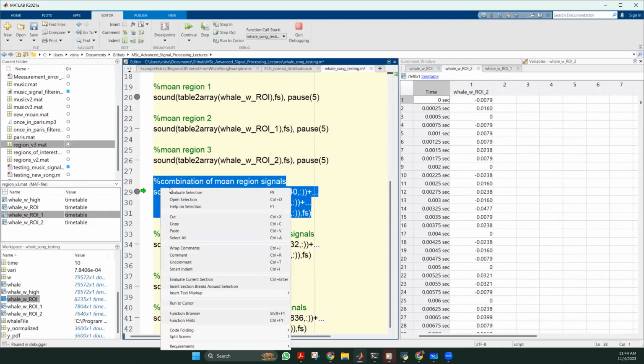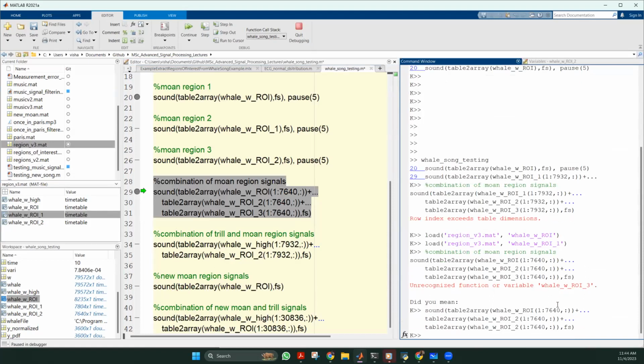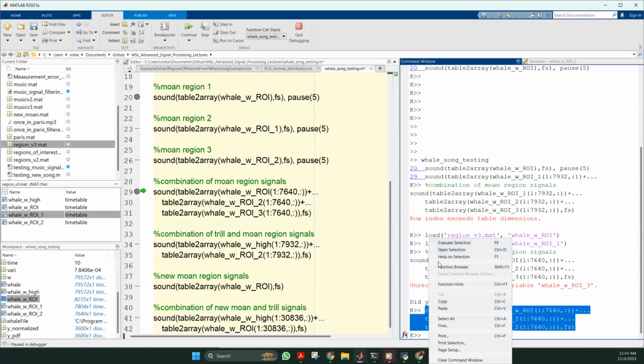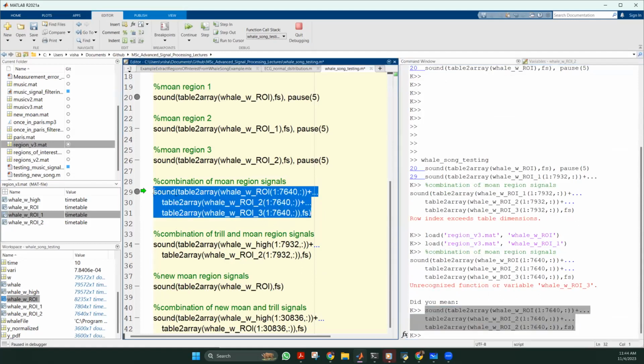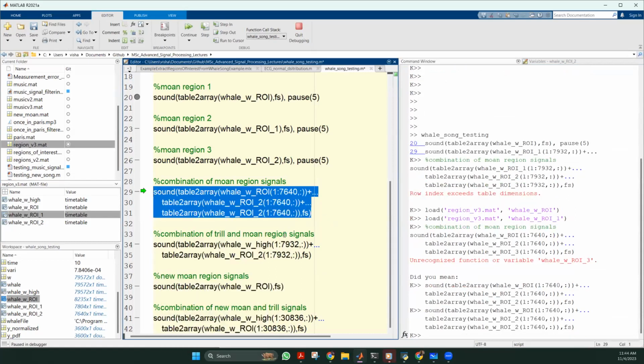Right. So I will run it now. Hopefully it will run. Yeah, it is coming up with an error. I will run it again. I think some kind of bracket is missing. I need to replace it with the correct one. Then I will run again. Right. So the combination of all the Mon regions